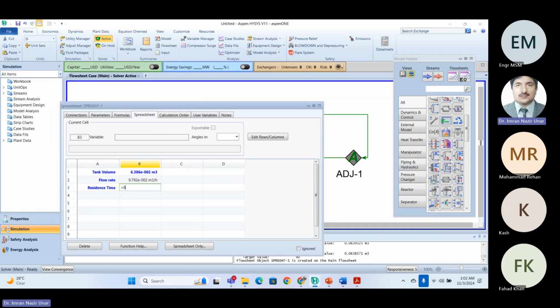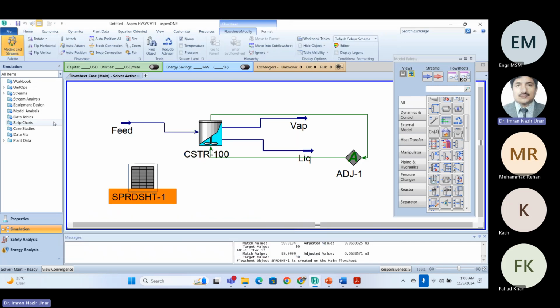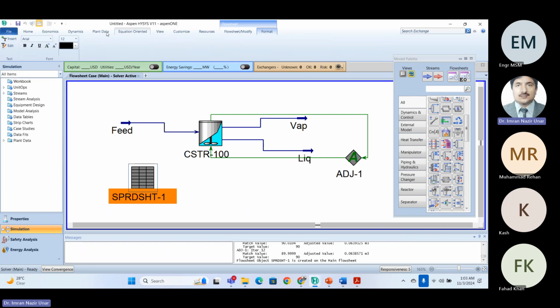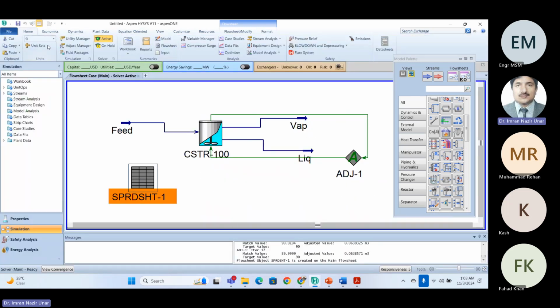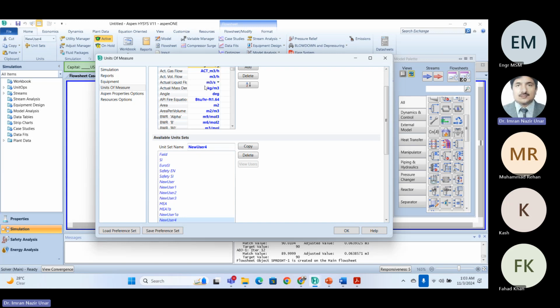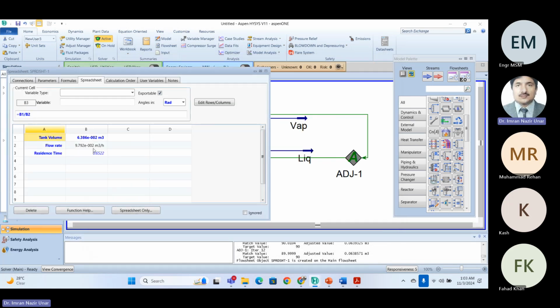और यहाँ पर हम कहेंगे कि P1 से डिवाइड करो P2। सो यहाँ पर जो वैल्यू निकली है, वो पर आवर है, क्योंकि हमारा जो फ्लो रेट है वो पर आवर में है। अब हम अगर यूनिट्स चेंज कर लें, हम यूनिट्स में जाएं और एक्चुअल वॉल्यूमेट्रिक फ्लो जो है उसे मीटर क्यूब पर मिनट में करें और अब देखेंगे तो